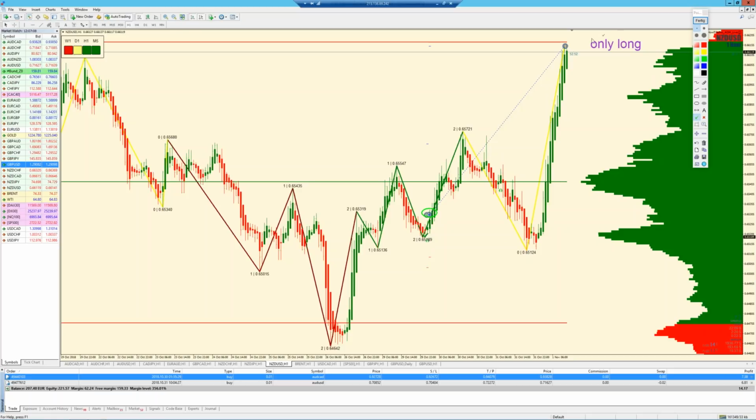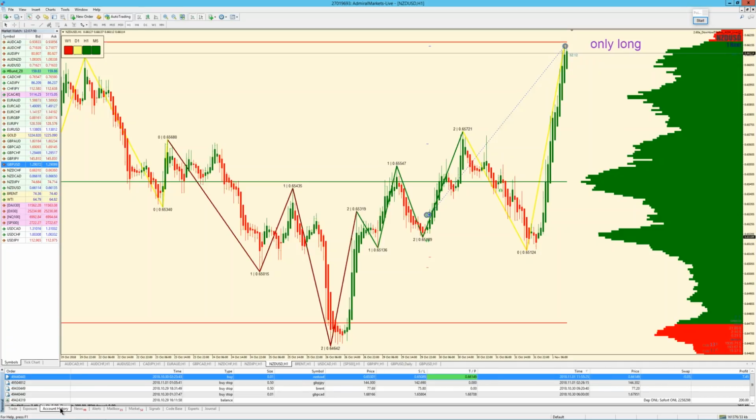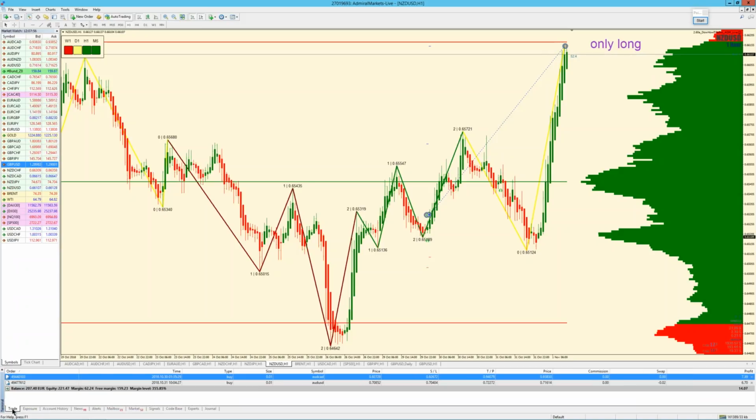at least at the end of the market profile. You can see I made the target here as the border from the fair valued zone to the unfair valued zone. And boom, that was a great winner. And that's my first winner this week on that account. And there are 2 more